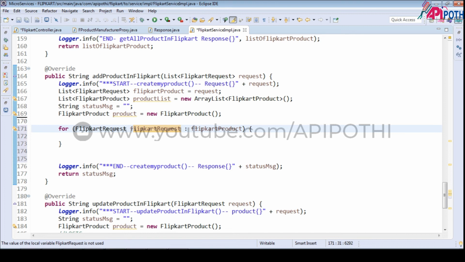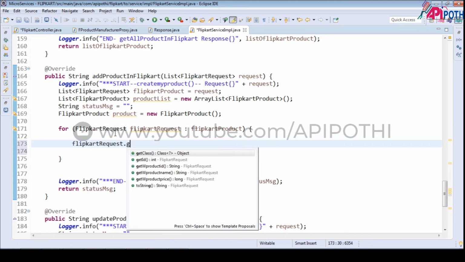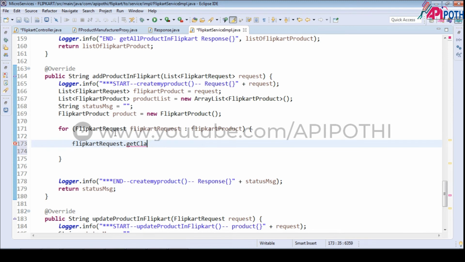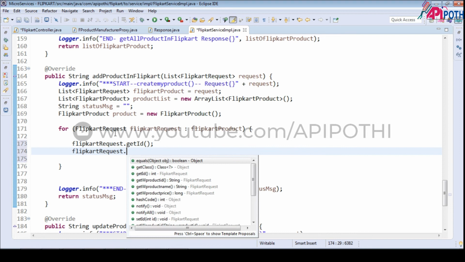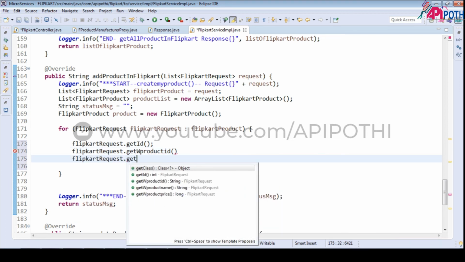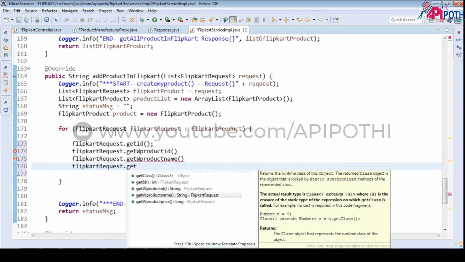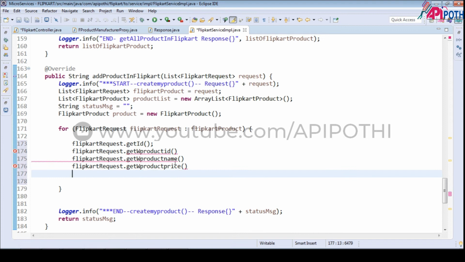So from this request we will get the data: dot get id, get product id, get product name, get product price,